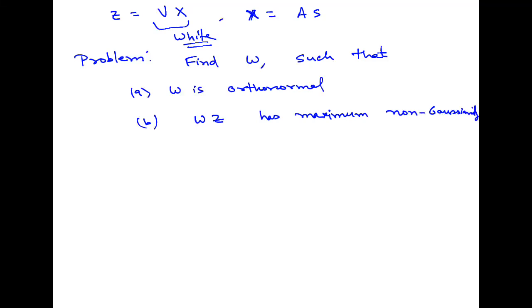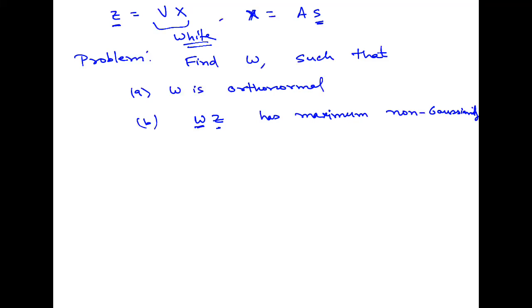So if we have a measure to measure non-Gaussianity, what is the key idea here? That my signal S is non-Gaussian, and if I look at the signal Z, Z is a linear combination of S, various components of S's. Now, by law of large numbers, even if I mix two components which are non-Gaussian, the mixture is going to become more Gaussian-like. So once I have the mixture, I want to separate them, so I want to find this matrix W. So this will give me several components, and I want to choose a matrix W such that the non-Gaussianity in those components is maximized.